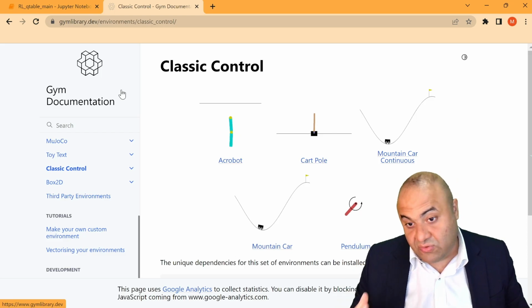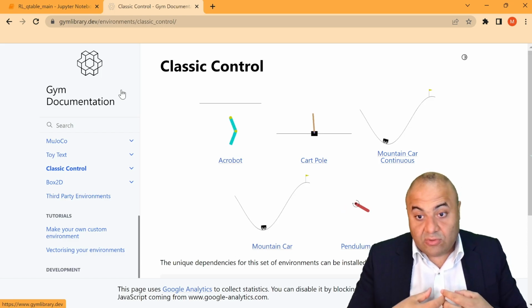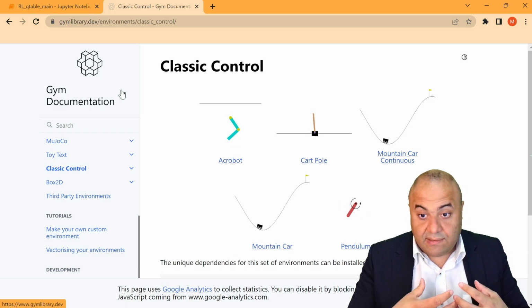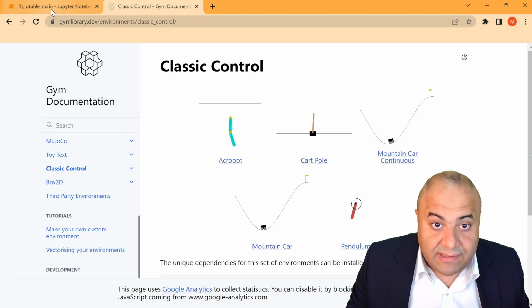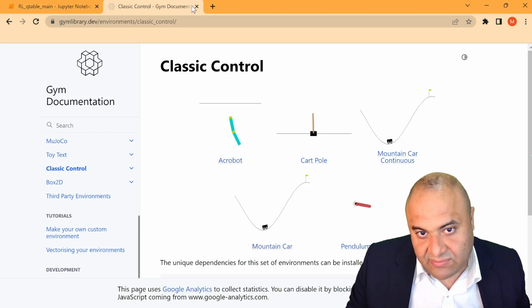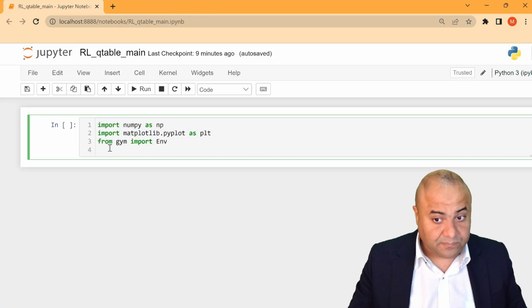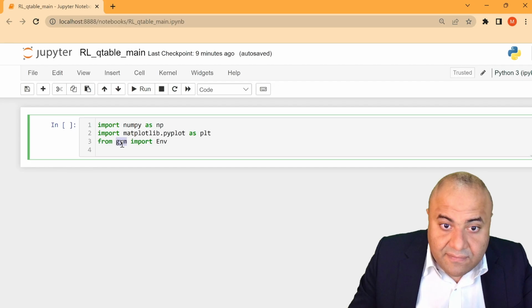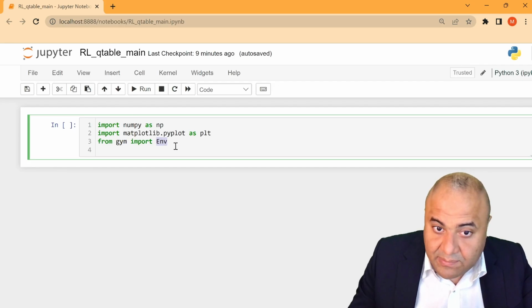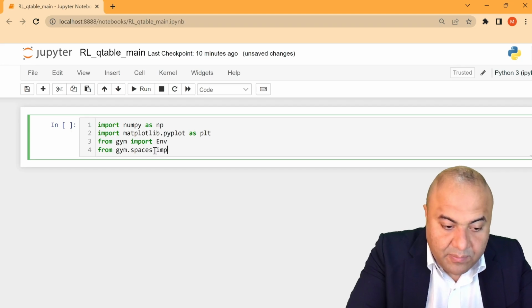But in our case, we don't want to use an already made environment. What we want is to build our environment, and of course construct our Q table reinforcement learning algorithm code from scratch. So this is what we are interested in. But of course you can do it. You can use these environments and plug them into even this algorithm, or of course just into another solver. So from gym, which we already talked about, we import environment, and also from gym.spaces, we import the spaces we will